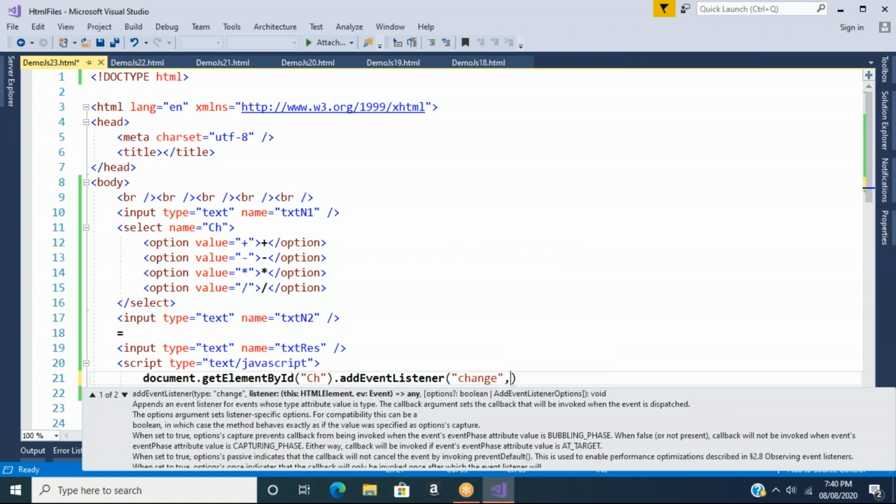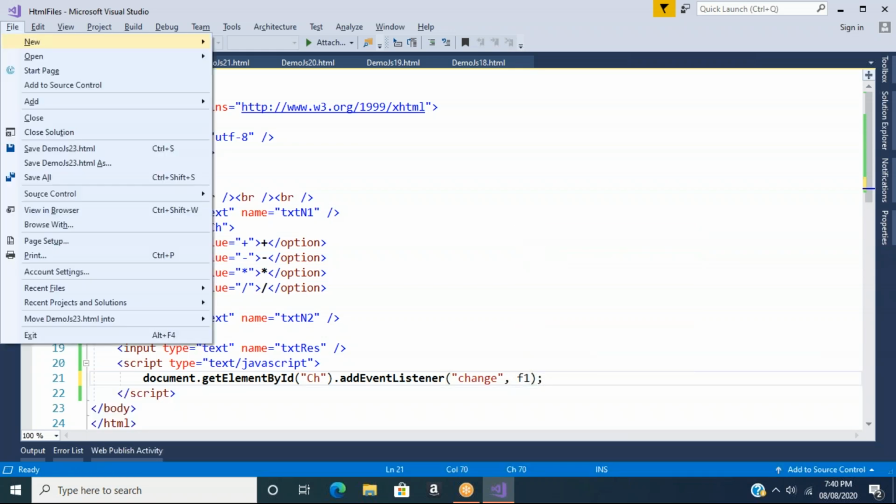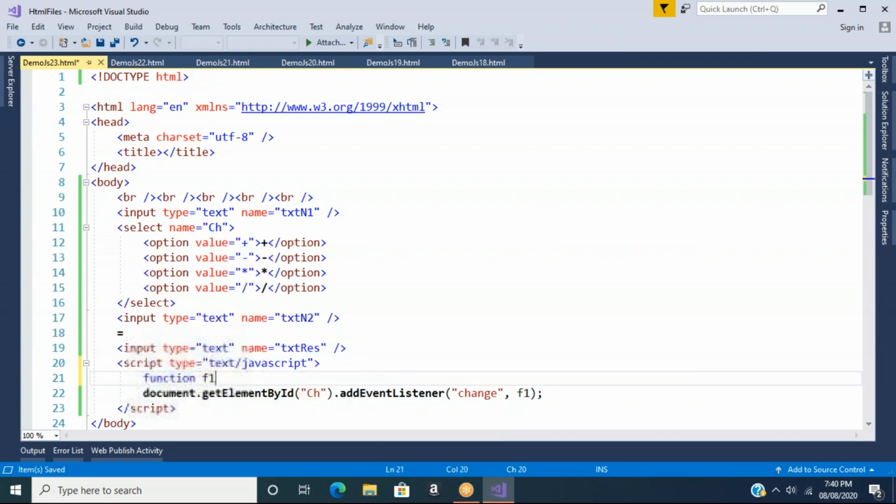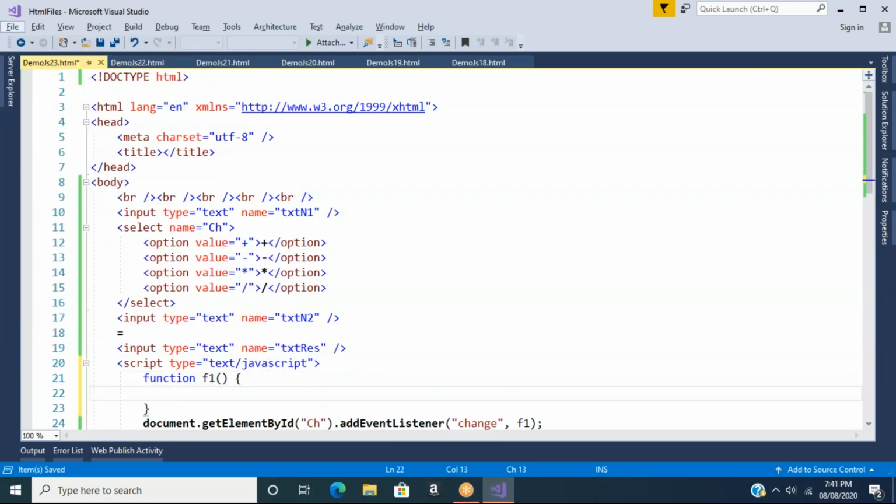Event comma function f1, some function. Yes, so now I should write function f1. Okay, now in this function f1,